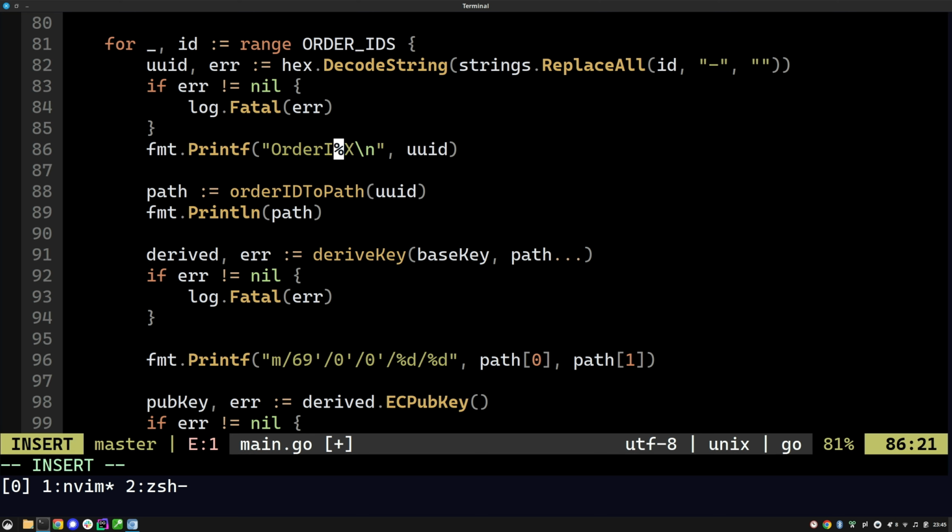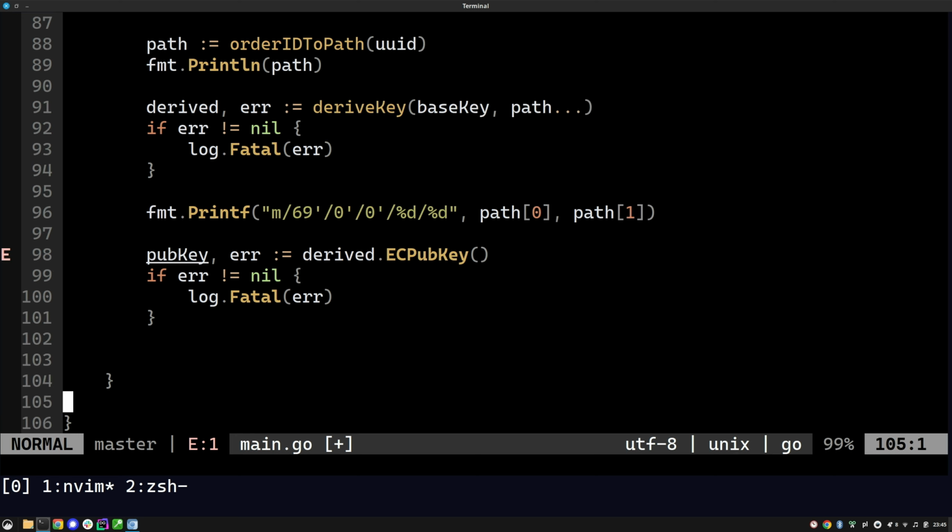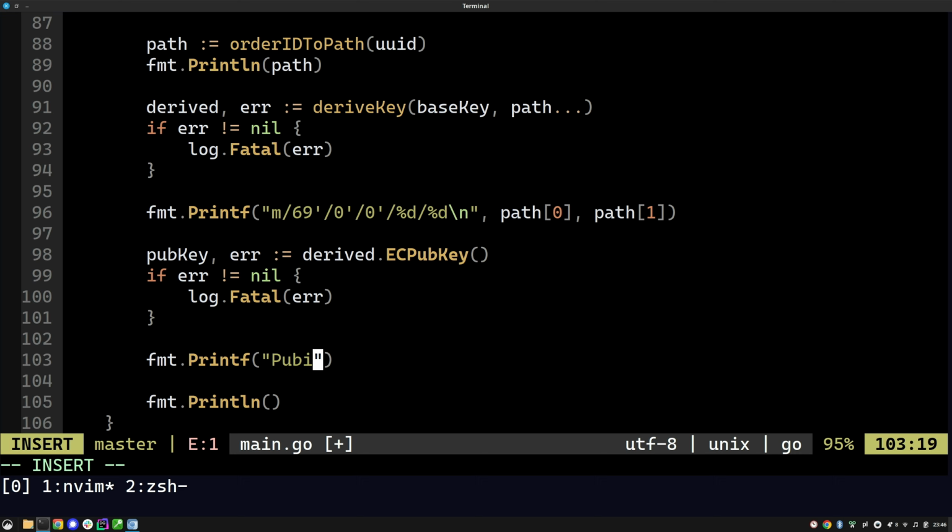So order ID is this, and I'm going to Println at the end of this loop, and then you can say fmt printf. Okay, and also here I'm going to add a new line. So a public key is this,